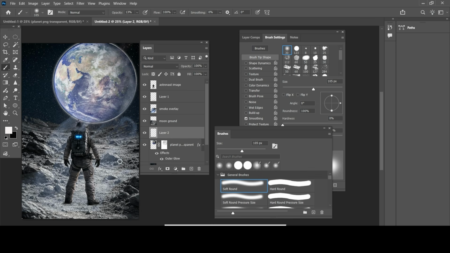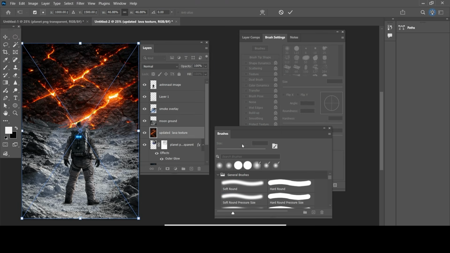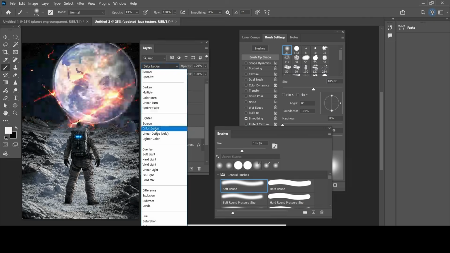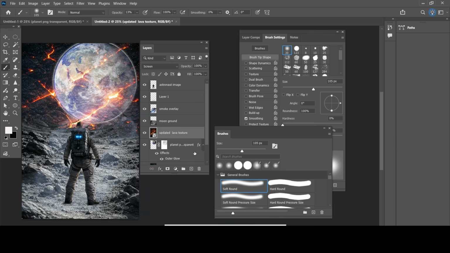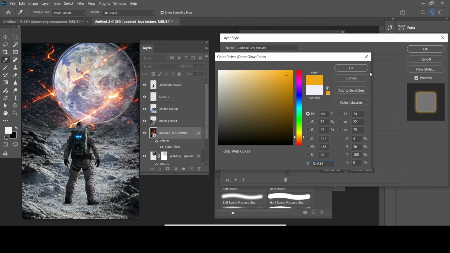I added a fire-cracking texture to create realistic cracks on the planet, and using a clipping mask, I applied the texture perfectly on the planet's surface, which makes it look more detailed and dramatic. After that,